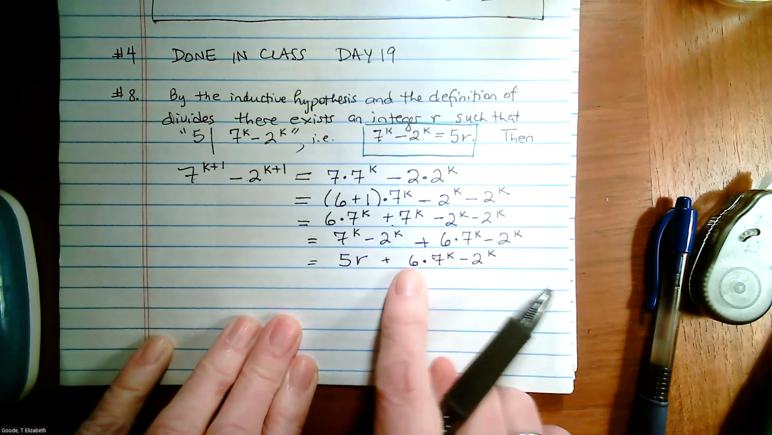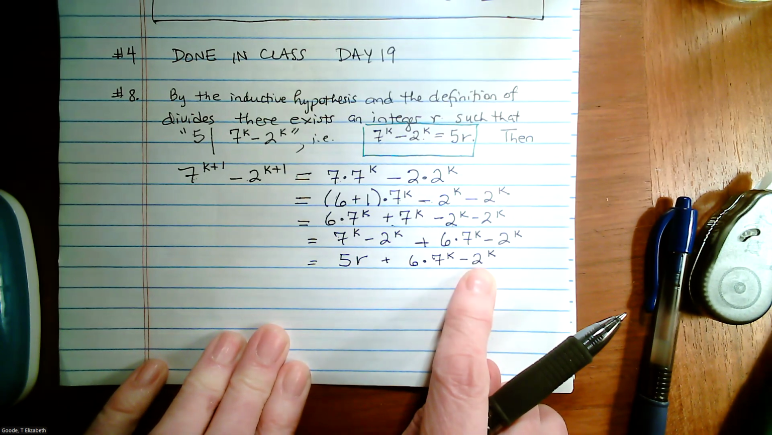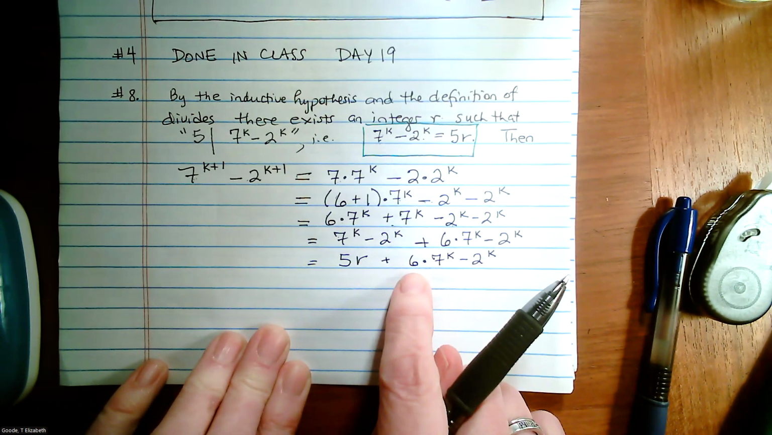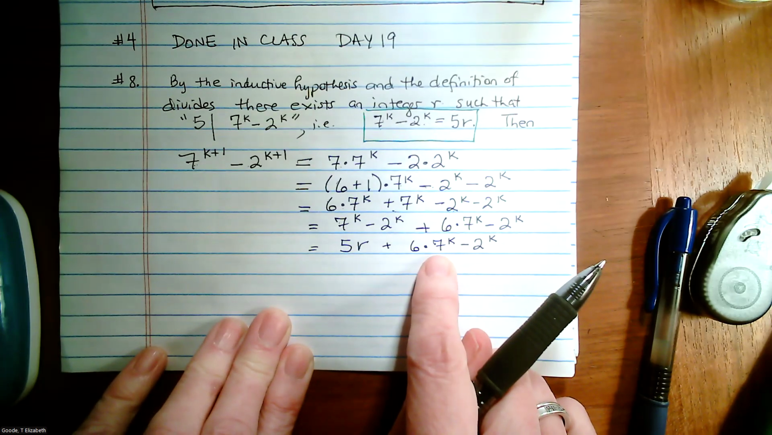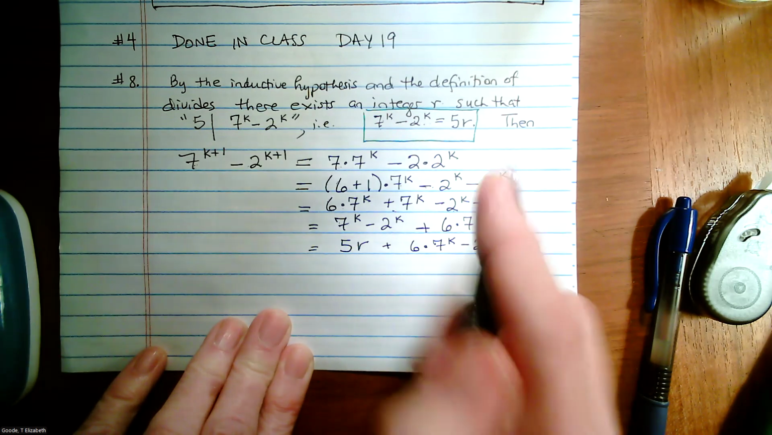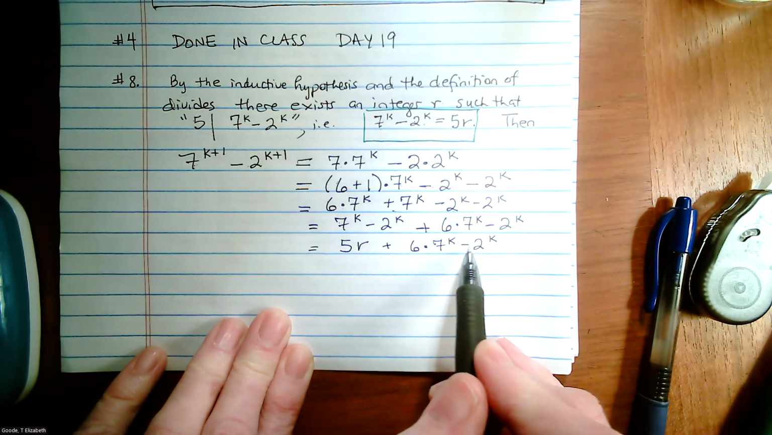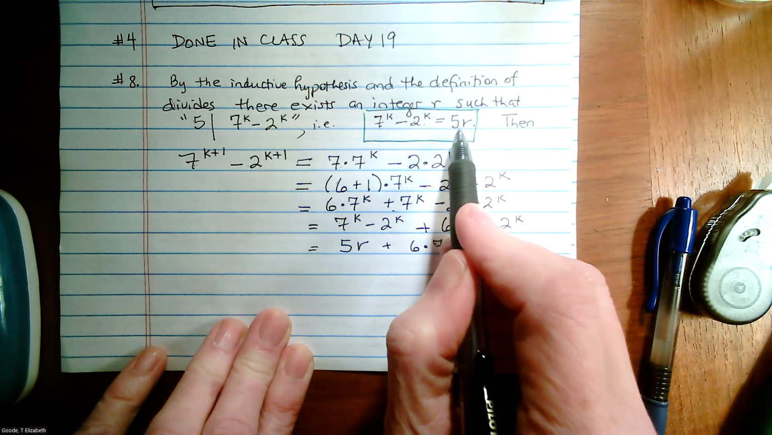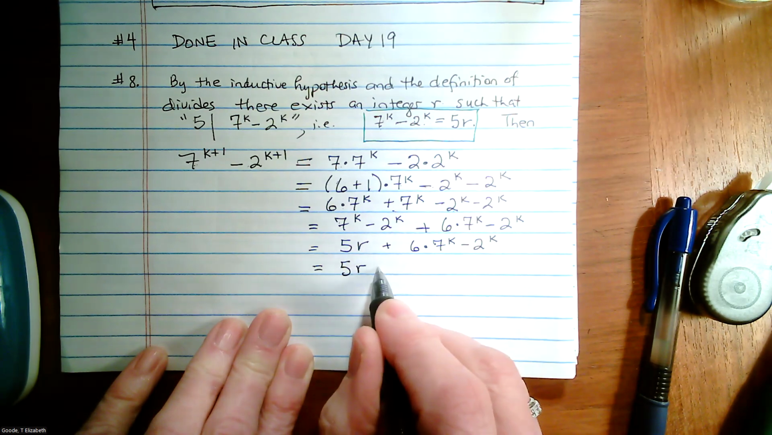But this isn't divisible by 5. So we do the same trick again. We know we've got 6 copies of 7 to the k here. If we just had 1 copy of 7 to the k minus 1 copy of 2 to the k, which we do have sitting here, we could substitute in 5r. So we repeat, and this one is going to yield